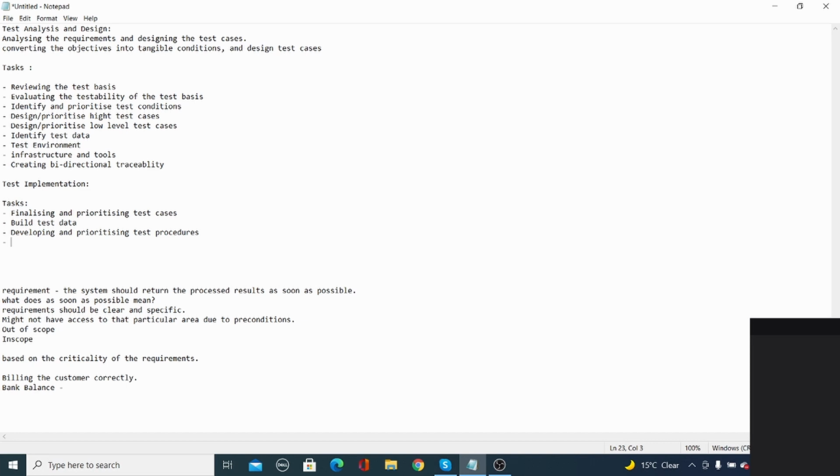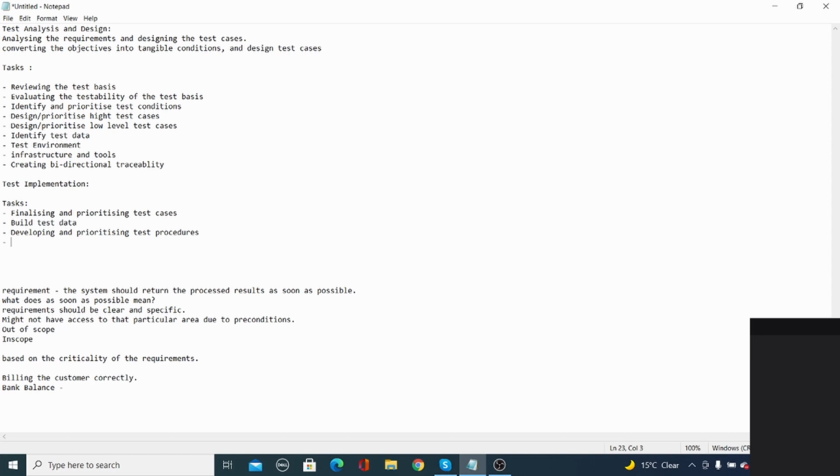Let's go all together again. So you decide how many test cases you want to execute. Now you decide what test cases you want to execute from first to bottom, priority. Some of them you leave over in the end, and this will be first. Then you build the test data. Now you have the test data. Now you have the test cases ready. Now you need to decide in what order you are going to execute them. So you build the procedures and prioritize even in that procedure, what should be executed first.